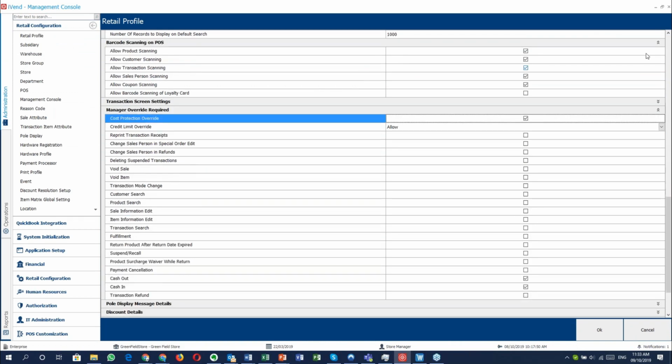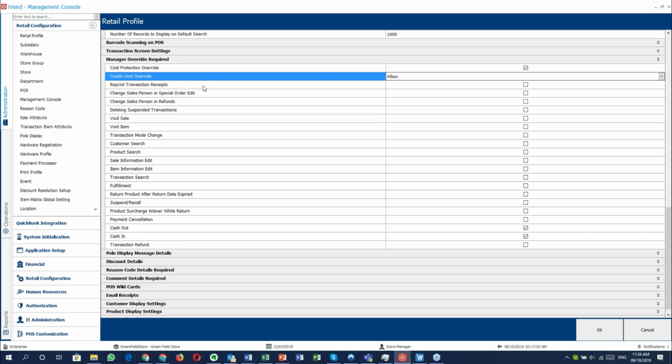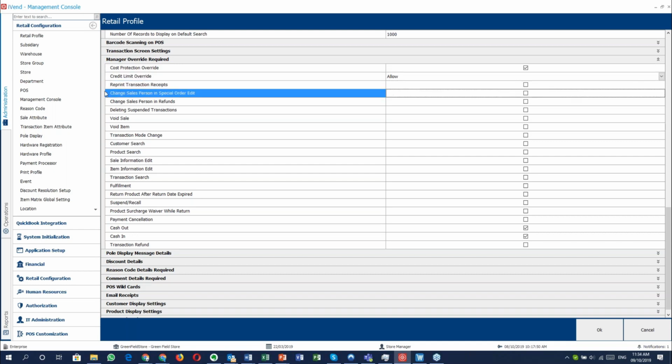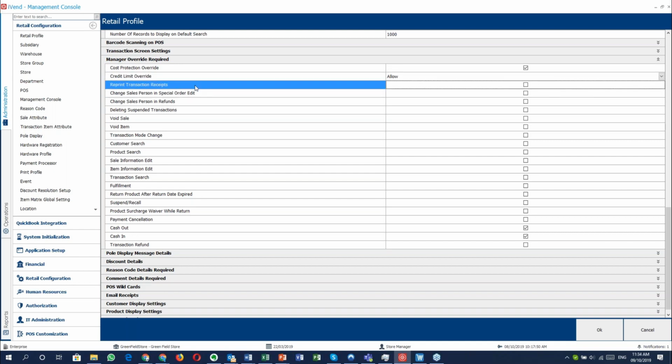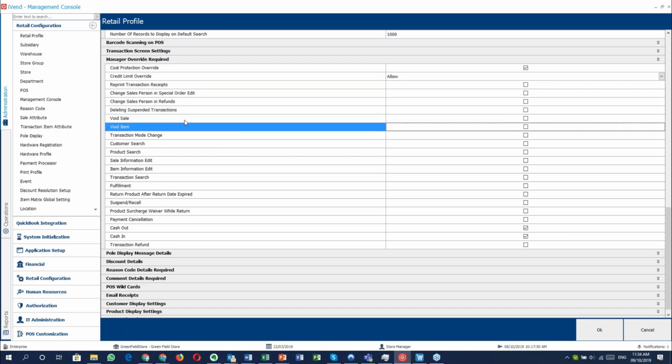Where do you require manager overrides? Cost protection override, to stop people overriding the cost. Credit limit override, reprint transaction receipts. So if I want to reprint a transaction receipt, I need to have a manager override. If I want to change the salesperson, yeah, I'm not going to read all of these, but some of the